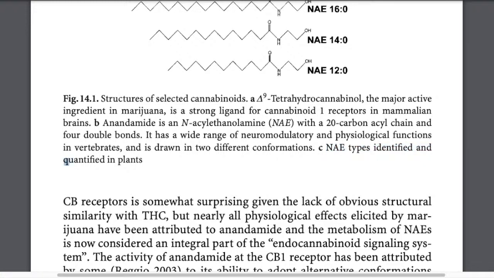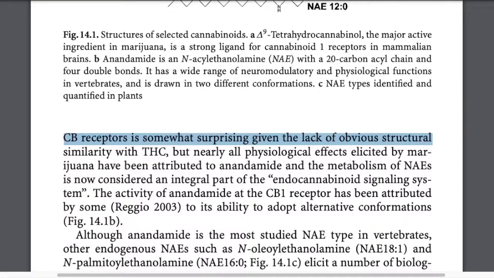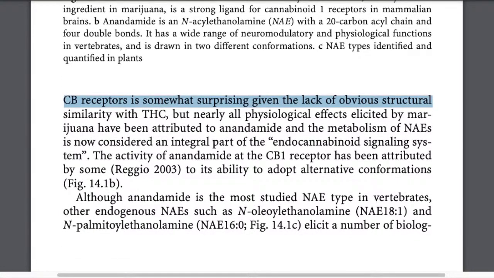So CB receptors is somewhat surprising given the lack of obvious structural similarity with THC, but nearly all physiological effects elicited by marijuana have been attributed to anandamide, and the metabolism of NAEs is now considered an integral part of the endocannabinoid signaling system. So it seems like it's a precursor